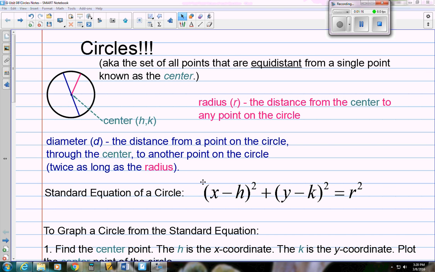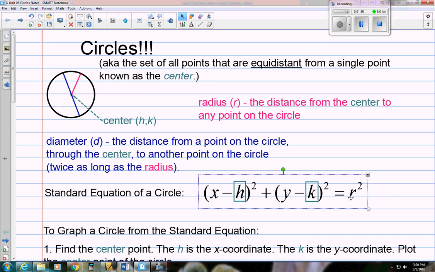Okay, so what might be new is what we call the standard equation of a circle. So we're going to talk about how we graph circles, and we're going to graph them from an equation, and the standard form of the equation looks like this, where H and K stand for the center coordinates of the circle, and the R stands for the radius, or the length of the radius of the circle. Okay,